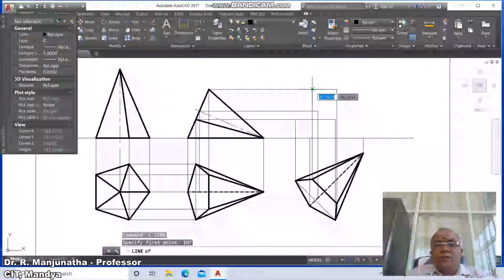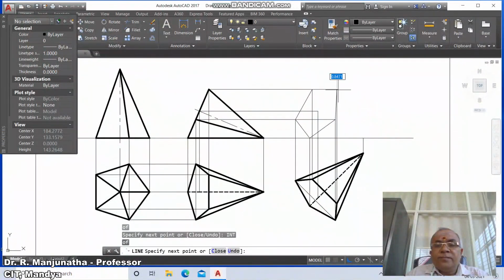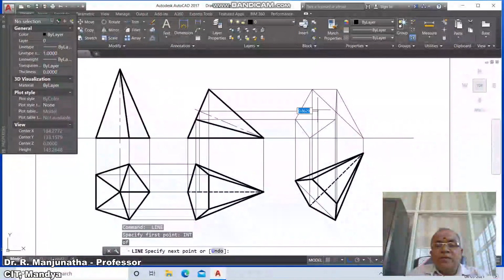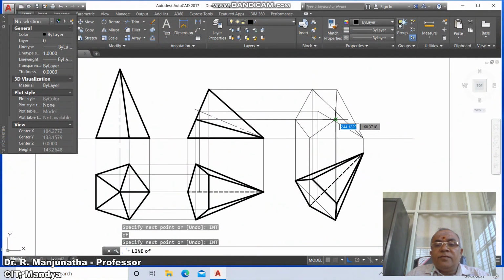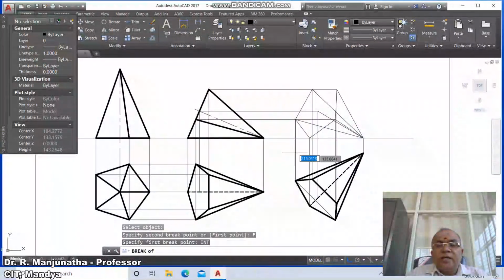Then go to line, INT of this, take intersection point of this and take intersection point of this and take INT of this, and take intersection point of this and take INT of this and take intersection point of this. Then go to line, INT of this and take intersection point of this and take INT of this, and then line, take INT of this and take intersection point of this. Then go to break, select this first point, take INT of this